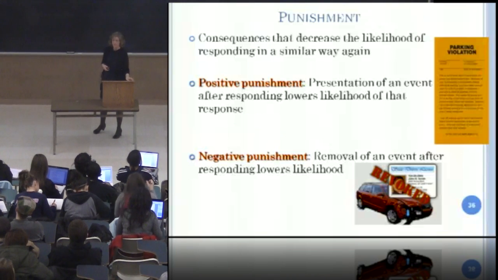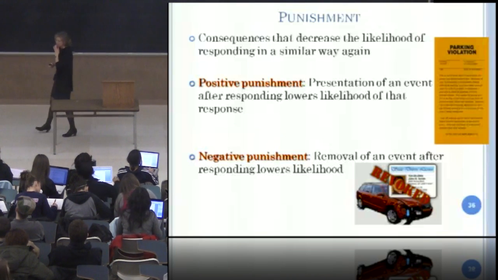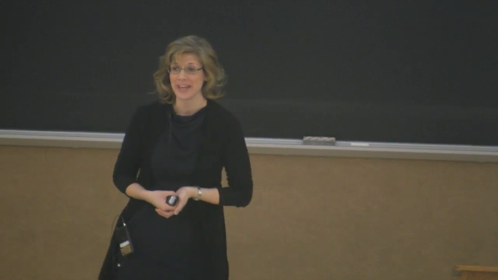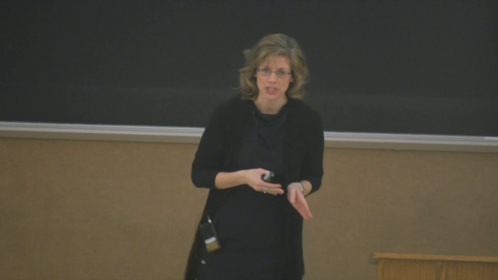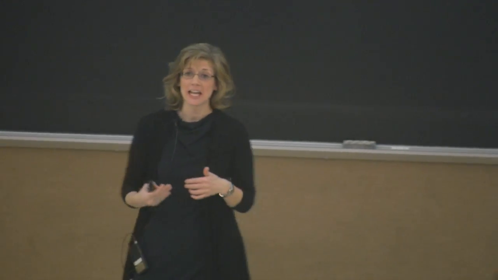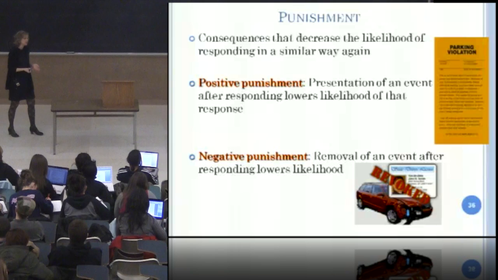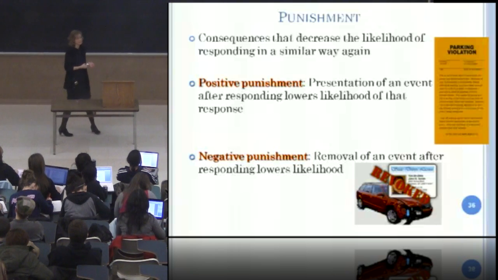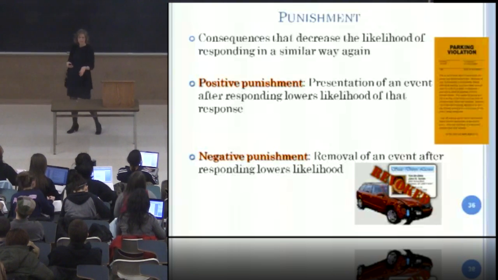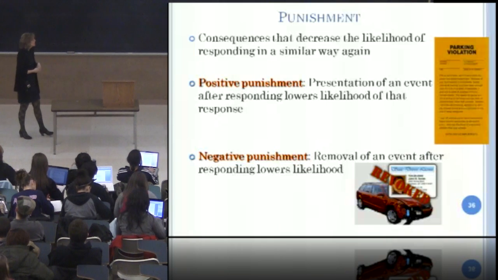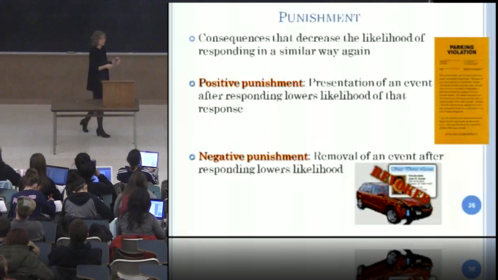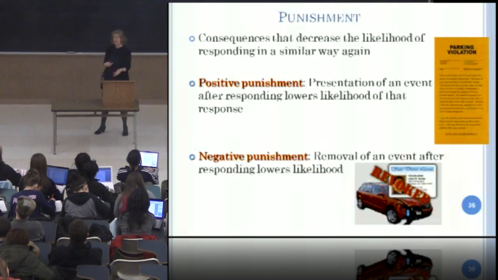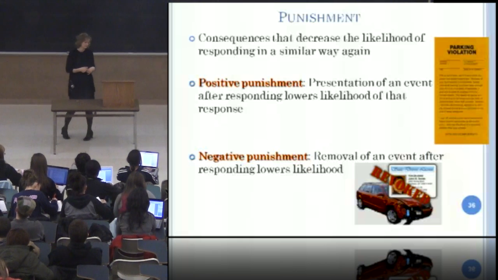Okay. So we talked about reinforcement, increasing the likelihood of your behavior happening again in the future. We also have to talk about punishment. And it's important to make this distinction. Reinforcement, increasing the likelihood of a behavior happening again. Punishment, you're trying to decrease the likelihood of a behavior happening again. We've all been punished. We all know what this means. But again, we have to distinguish between positive and negative. Just like reinforcement schedules have positive reinforcement and negative reinforcement, so does punishment have positive punishment and negative punishment.